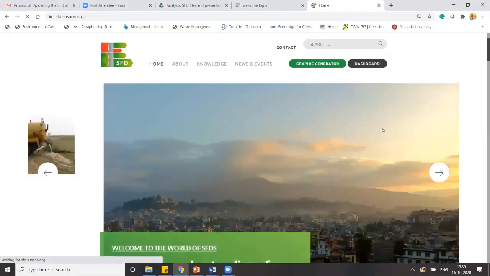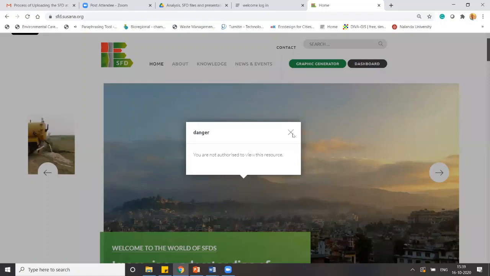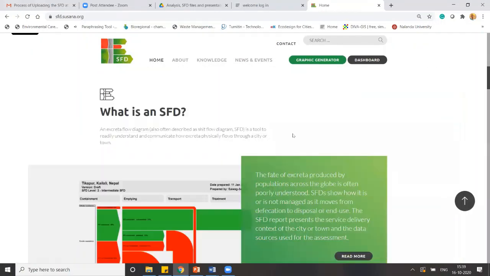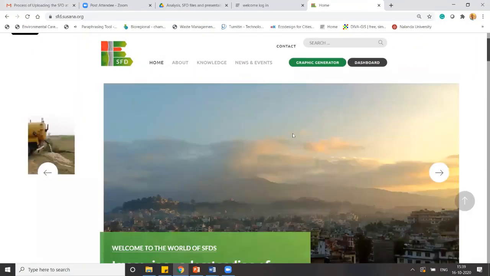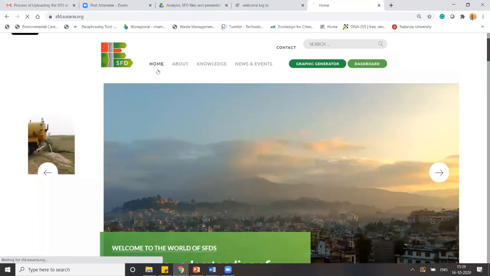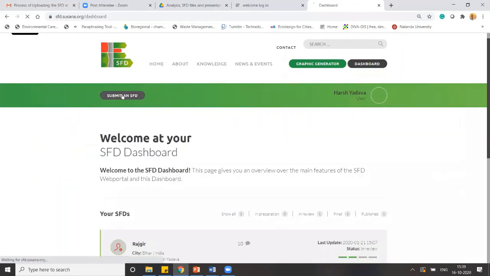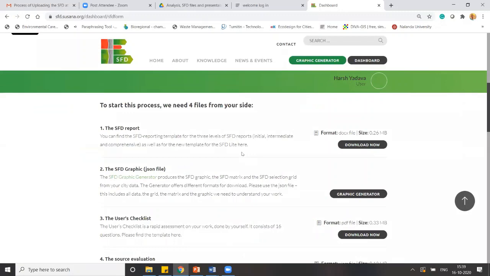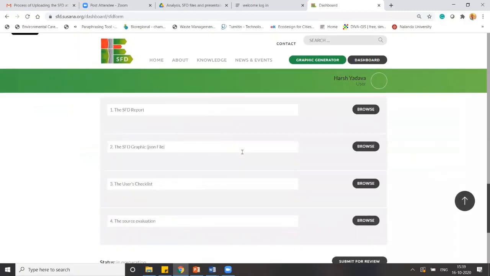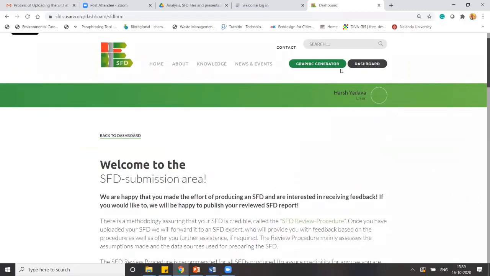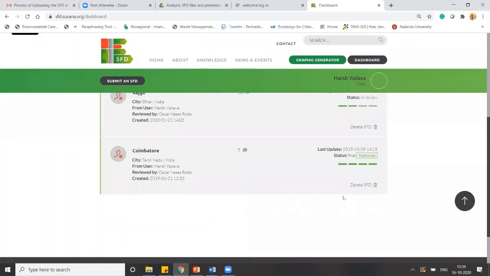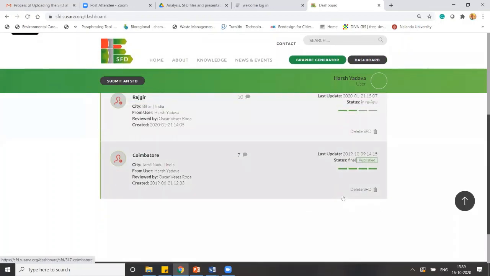Vitush, can the reviewer ask for any other calculations or any other supporting data? Yes, eventually if the reviewer is not happy, so if there is anything which is not really in sync with what you are saying in the report or in the SFD, or it is not making sense, then the reviewer can interact with you through email and ask for your calculations as well.